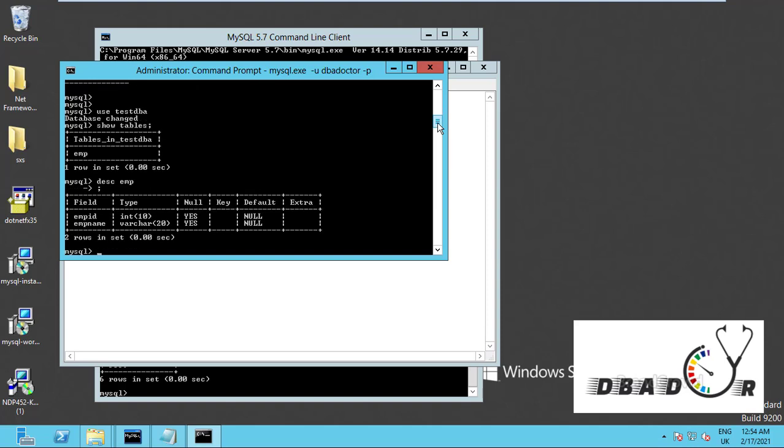So emp id and emp name are there, so insert into emp, name should be... I'm inserting multiple records at the same time.